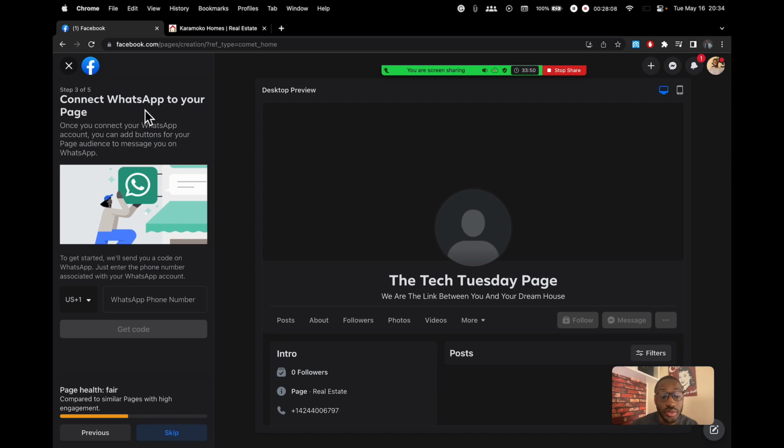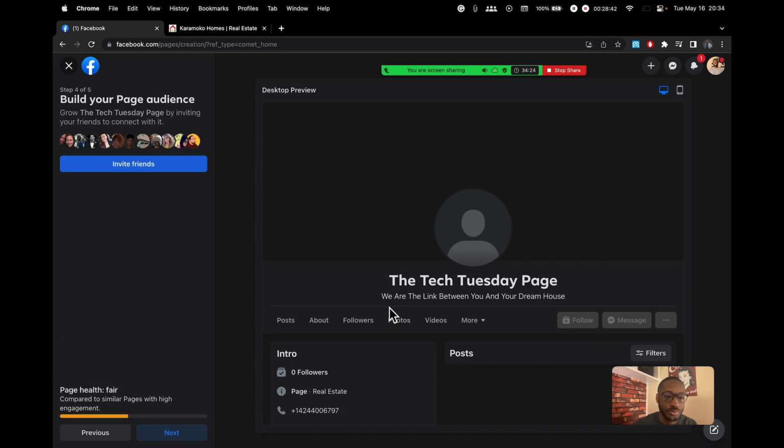And then if you have WhatsApp, you can also connect your WhatsApp phone number to your business page. Facebook owns Instagram and WhatsApp, so you have some connectivity between all of those apps. And if you have all of those, it would be nice to link all of those together. So you could put the number here and then click Get Code, and that will walk you through setting up your WhatsApp number on your business page, so you can communicate with clients that way also. I'm not going to set this up now. I already have that set up on my other business page, so I'm going to skip.